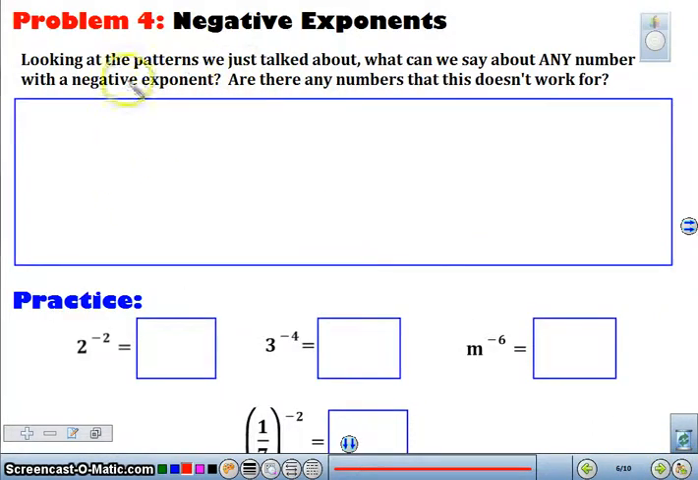So negative exponents, we want to look for a pattern. What we are going to be looking for is a pattern that we've just talked about that we can say works with any negative exponent. So here are the numbers, and are there any numbers it doesn't work for is what we want to look at. So if we're looking at a power with a negative exponent,